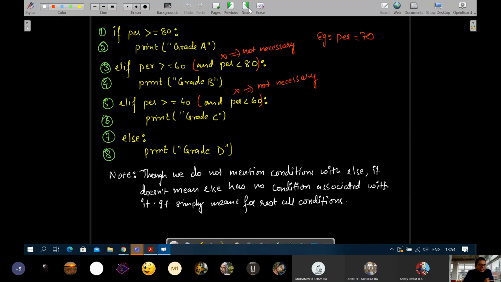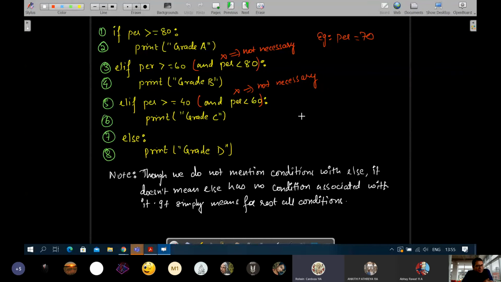Now, can you tell me, is there anything that can be improved further in this program apart from removing this not necessary part? Sir, even if we change the seventh line to elif, percentage less than 40.